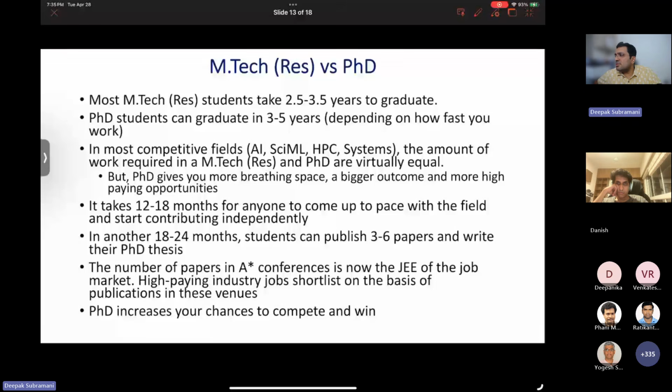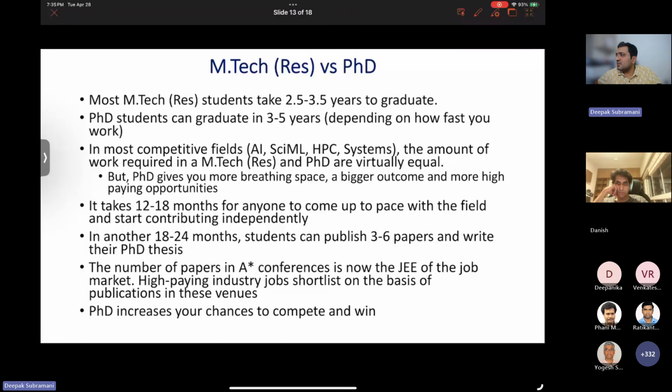Integrated PhD or PhD. I mean, if you only have a BTech, you will get both PhD and MTech research at the end of 3-4 years, right? So you can join for direct PhD. Yeah. Is BTech in AI data science allowed? Yes, it is allowed in all labs.